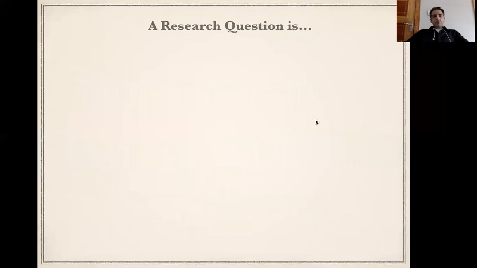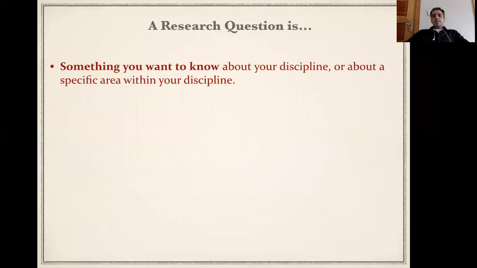A research question, as we all know by now, is something that we want to know about our disciplines, about a specific area within a discipline. So it is something that you are working in, for example,